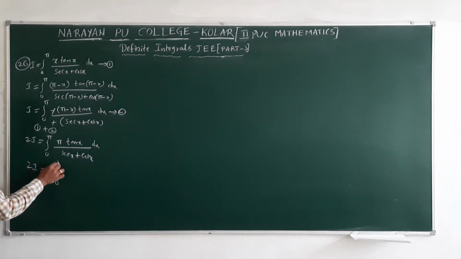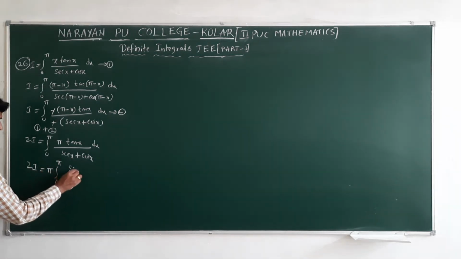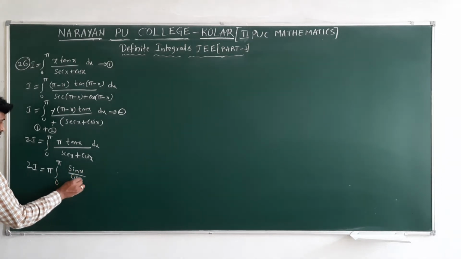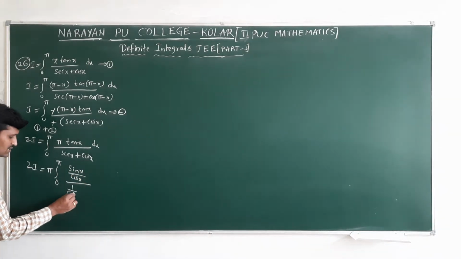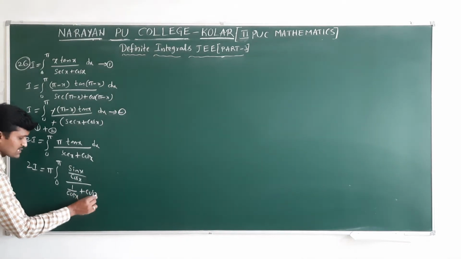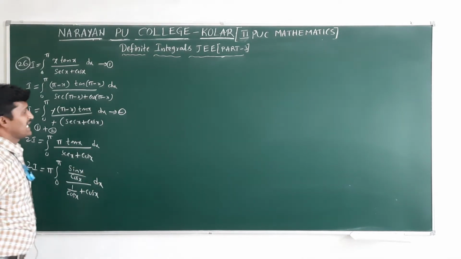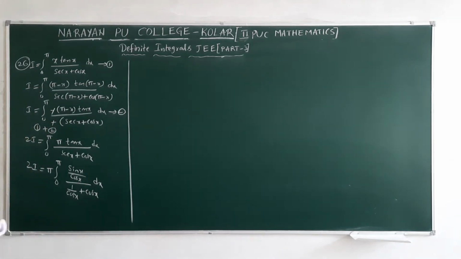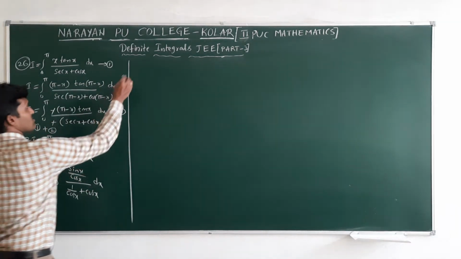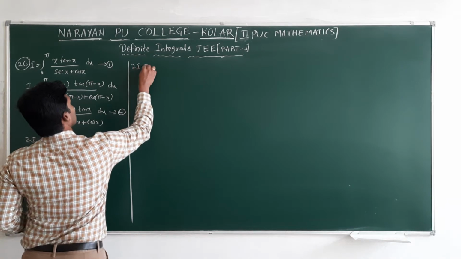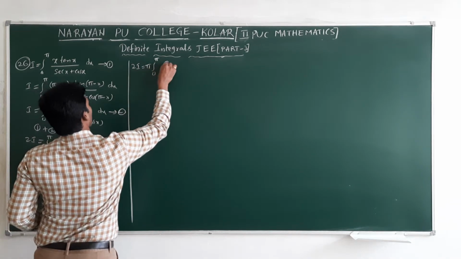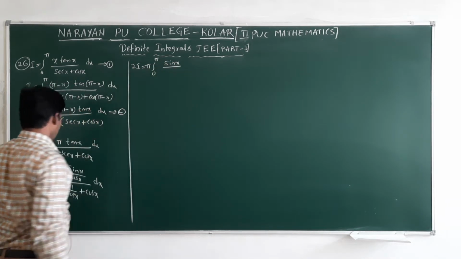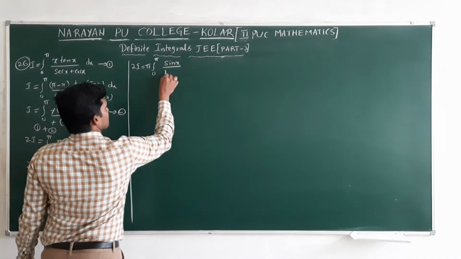Pi into integral 0 to pi, tan x I can write as sin x by cos x. Secant x I can write as 1 by cos x plus cos x. By taking LCM on the right side, the LCM terms for numerator and denominator are the same. So here 2I equals pi into integral 0 to pi, numerator what will we get? Only sin x, over 1 plus cos square x